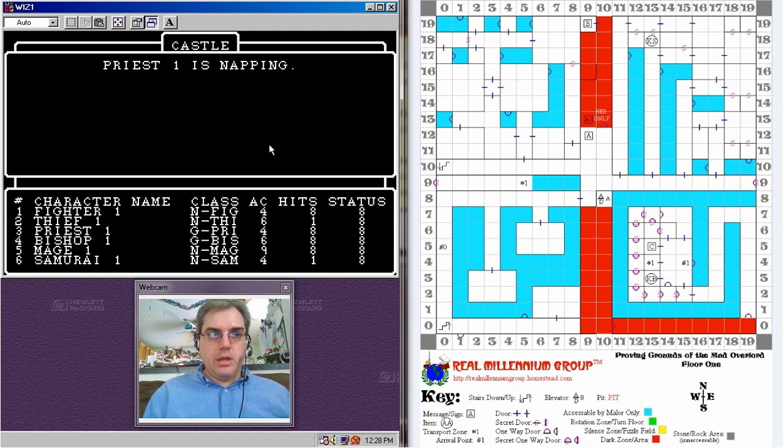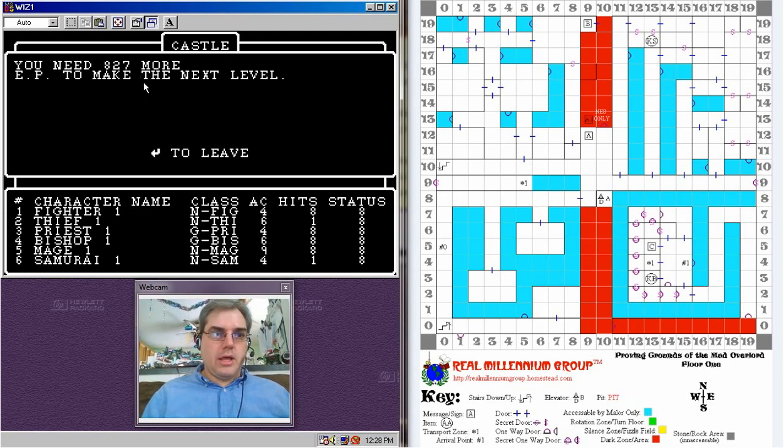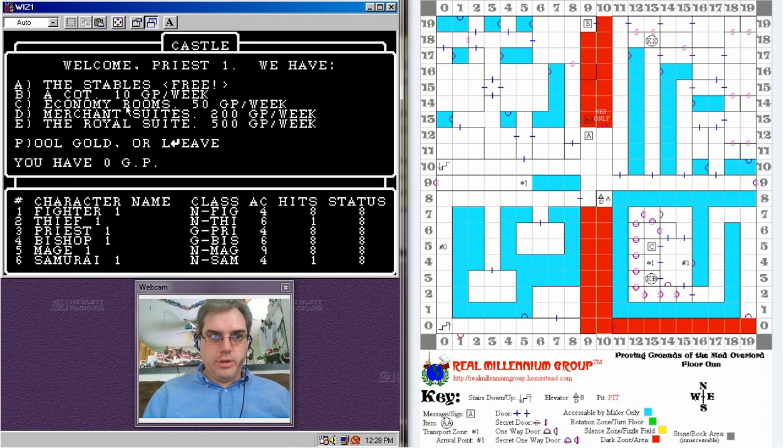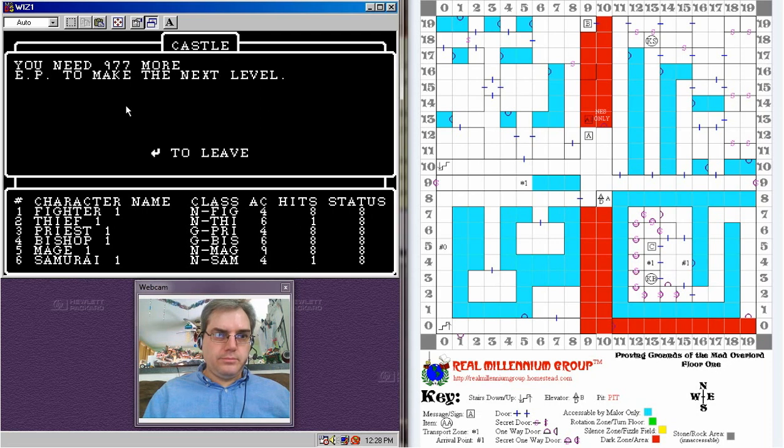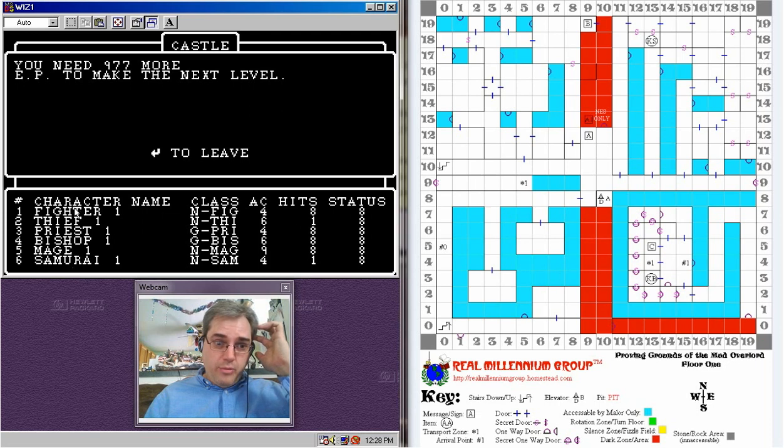He's napping, and that tells us how many more experience points we need to reach level 2. So, priest, we will go to bishop. He will stay at the stables. You see, he needs a little bit more. Each class will advance in levels differently.